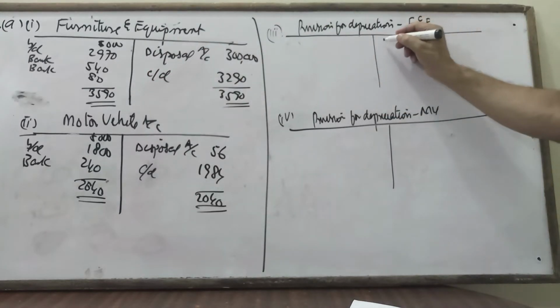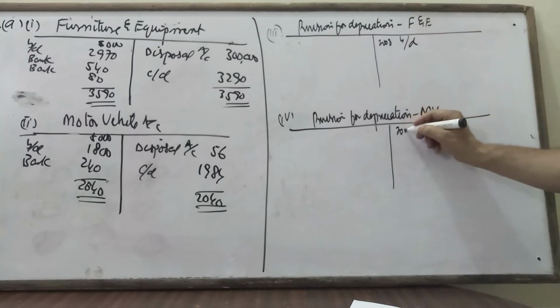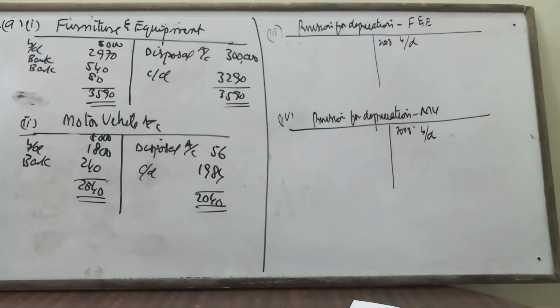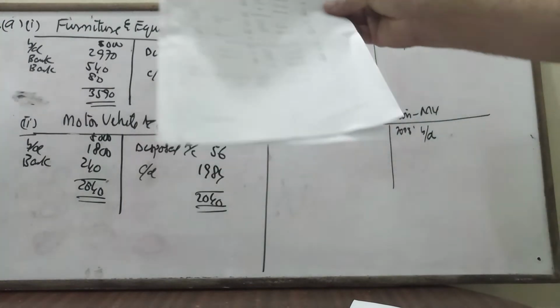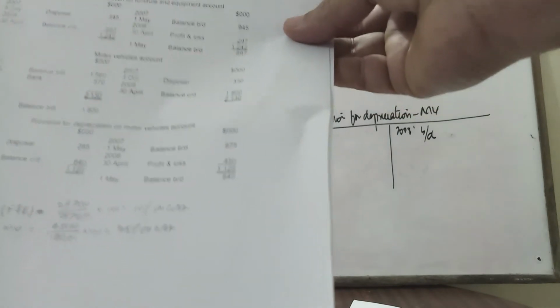Similarly for 2008, balance BD. Okay, this you can take it from the main first page of this question paper. Okay, they are the allowance for depreciation account given for both motor vehicle and